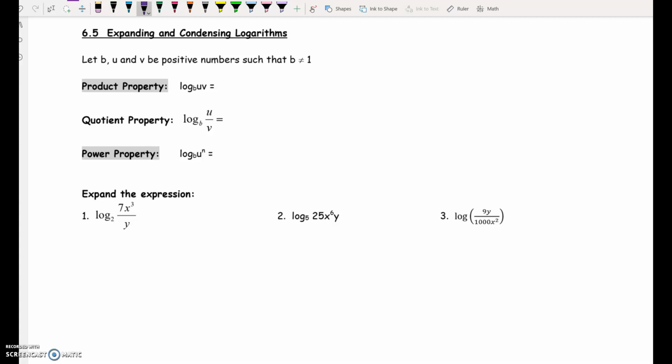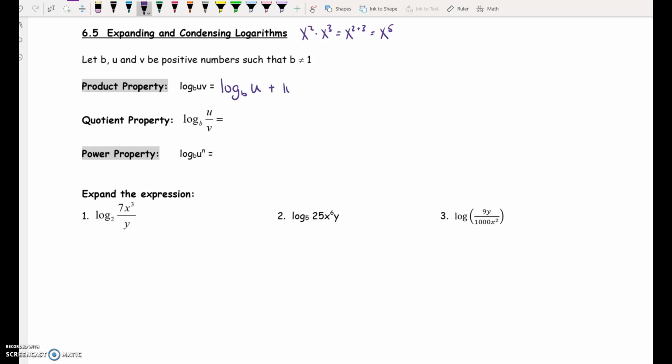Today we're going to learn about expanding and condensing logarithms, and this is really tied to our properties of exponents that we learned a long time ago. When you have something like x squared times x to the third, you add those exponents and it becomes x to the fifth. If we see multiplication inside of a logarithm, it splits up into the log of one of